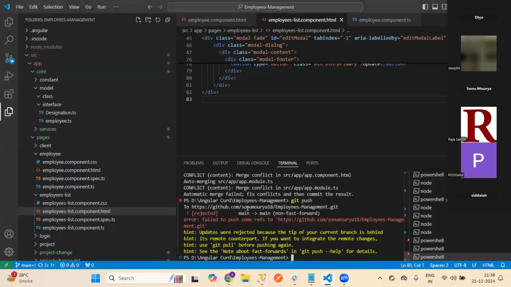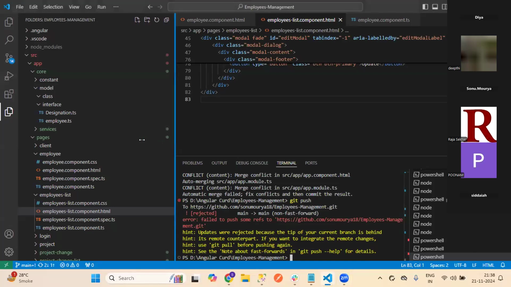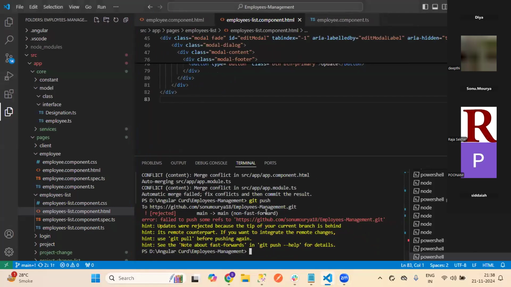See, now conflict is there in app component. Everyone will get a conflict like this. Now provide me the access. Let's say I also push some code to the app component and he also has code in the same file. So we will get the conflict. So you just need to go over here